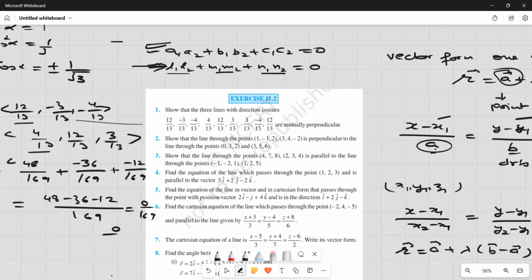For perpendicular, this is the condition, and for parallel, A1 by A2 should be equal to B1 by B2 is equal to C1 by C2. Clear? For parallel or for perpendicular, you will apply these 2 conditions. So in the second question, it is show that